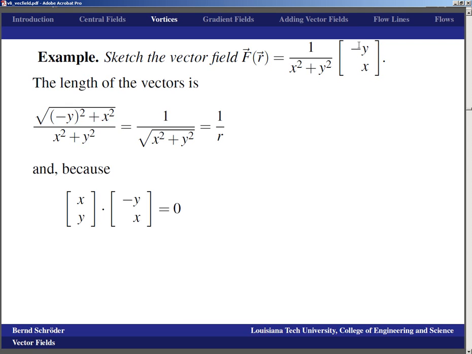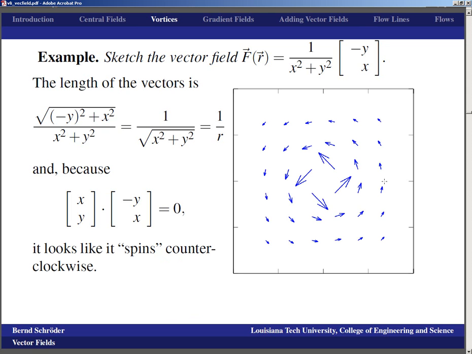And then how do you visualize this thing? Well, one way to look at this thing is that it is perpendicular to a vector that points straight away from the origin, which means that this will be a vortex that either spins clockwise or counterclockwise, and basically it looks like it spins counterclockwise, and here's the image of the whole thing. Because all these vectors are perpendicular to vectors that come straight off the origin,